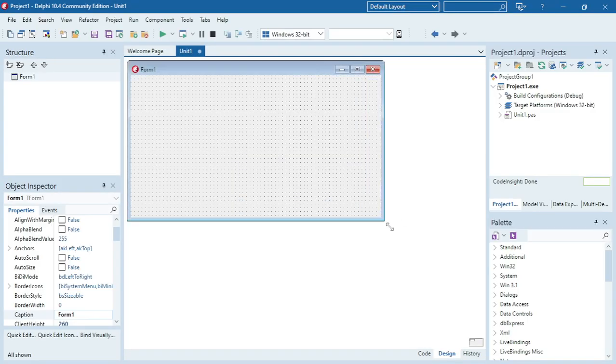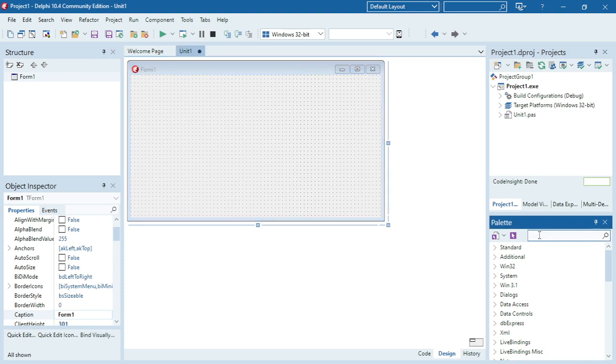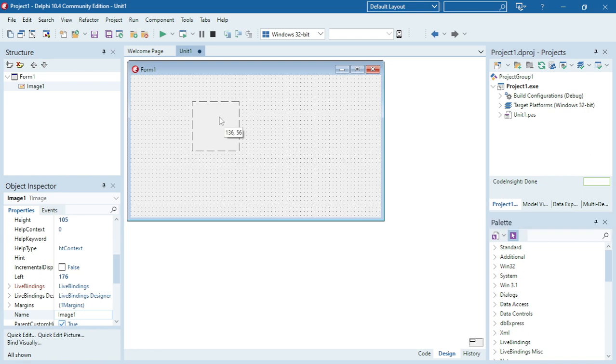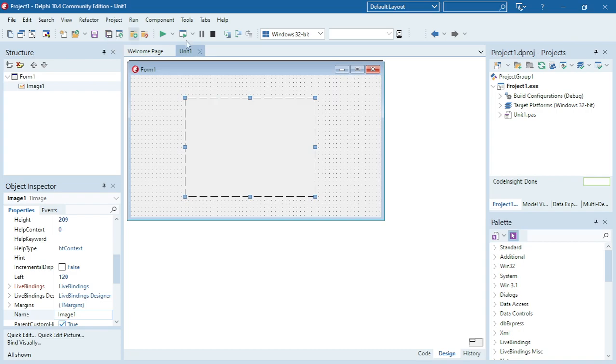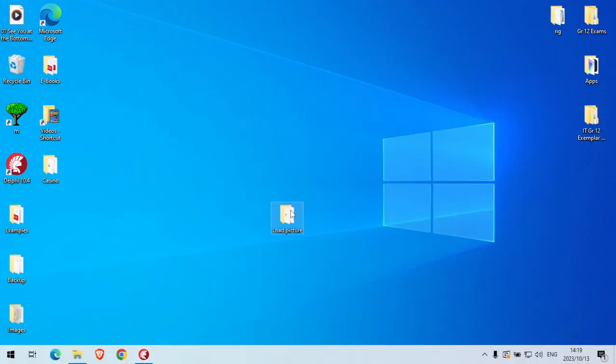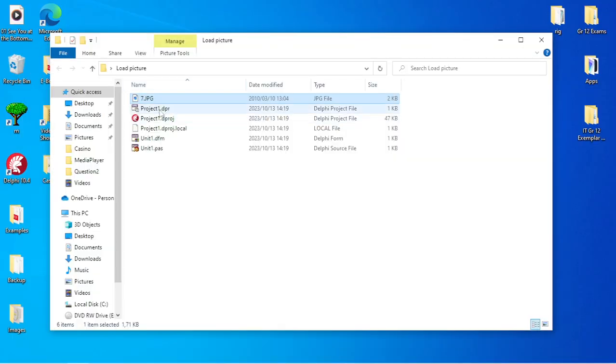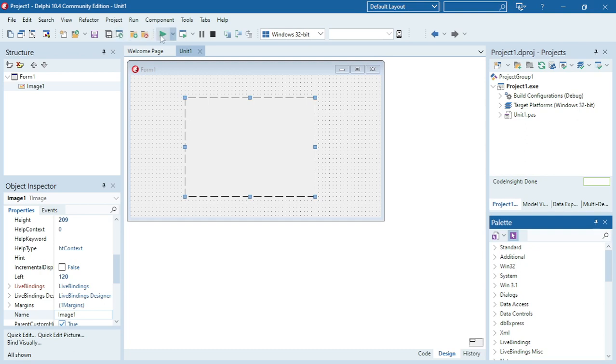Okay, in this application I'm going to show you how to load a picture into an image component. So I'm going to use an image, drag it to my form. I'm going to save my application. I saved it into my folder, load picture over here. And when I run my program,